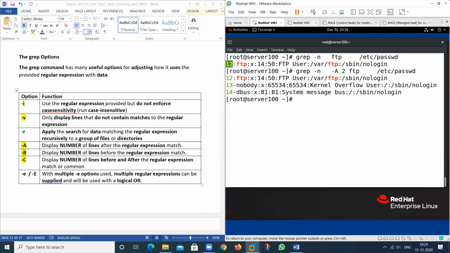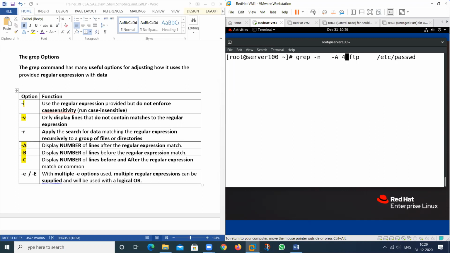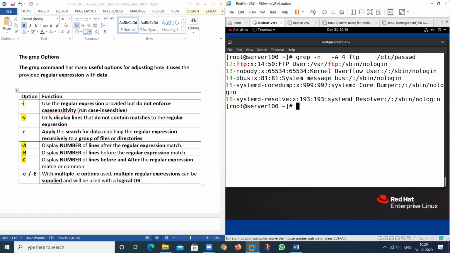So if I want to see what are the lines after this particular line, we can view as many lines as we want. So give the line number. I want to print 4 lines. So provide here 4, the number of lines that you want to print. So give the value, then the whole lines will be printed.